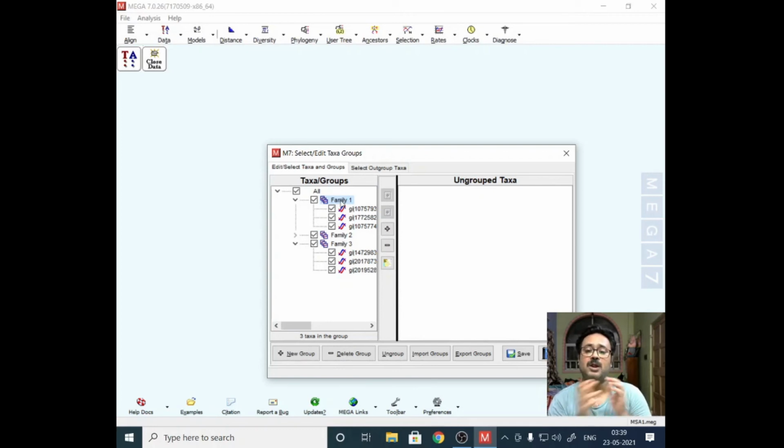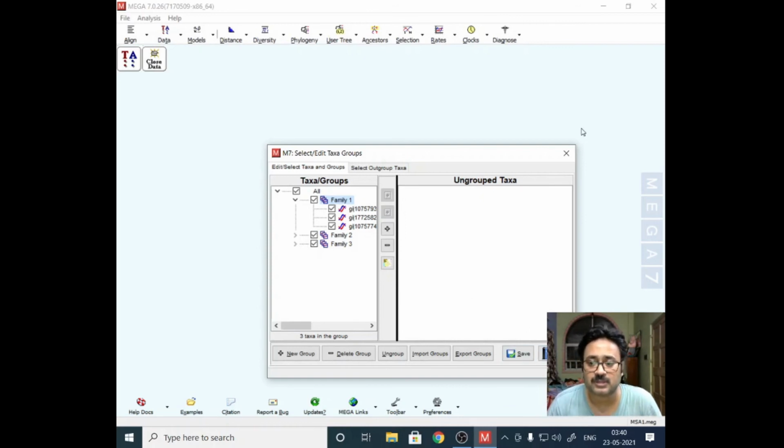I want to see what the level of diversity within family 1 is. I'll show you how to do that in a bit. That is what we mean by intraspecific diversity. Now suppose I want to study the interspecific diversity, that is the diversity between family 1, family 2 and family 3. That will be your interspecific diversity, and when you are assessing the diversity within the different species present in group 1 or family 1, that will be your intraspecific diversity study.